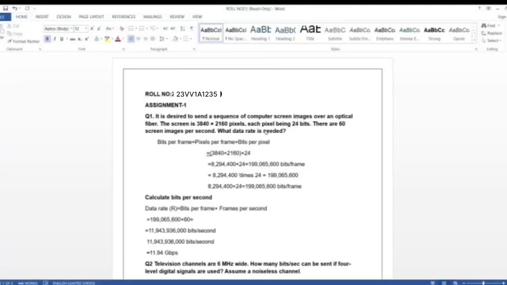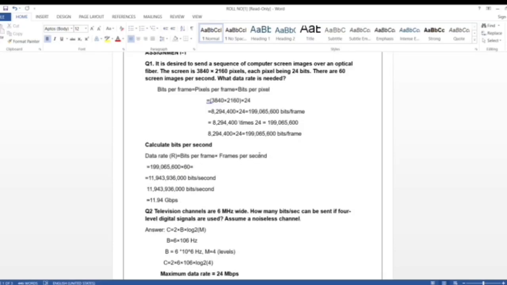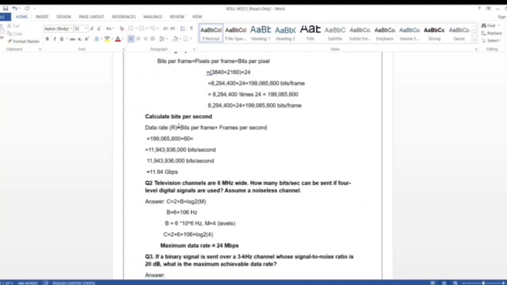And today, I will explain Assignment 1 from Data Communication and Networking in a clear, step-by-step way. In the first problem, multiplying pixels per frame by bits per pixel, and then by frames per second, the data rate comes out to nearly 11.94 gigabits per second, showing that transmitting ultra-high-definition video requires optical fiber with huge